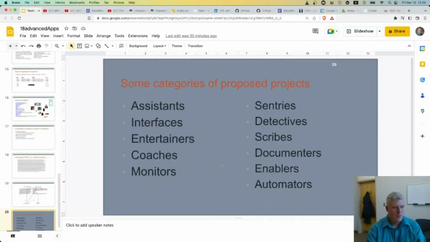So let's jump back to this view. There's quite a few applications out there. I fear that this is already dated. This field is moving so quickly that it's hard to keep up. So there you go. There's some advanced applications of speech processing and speech synthesis. See you next time.